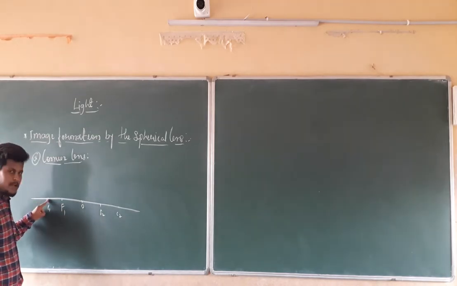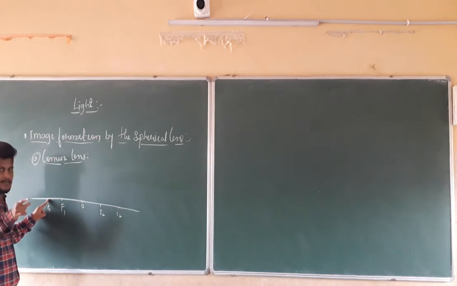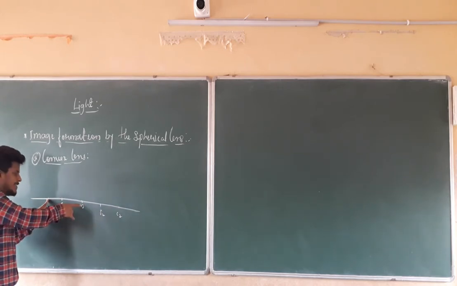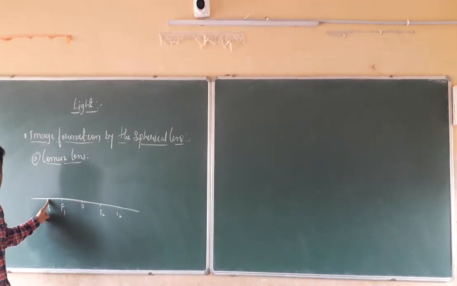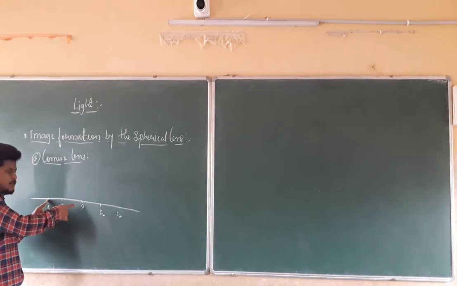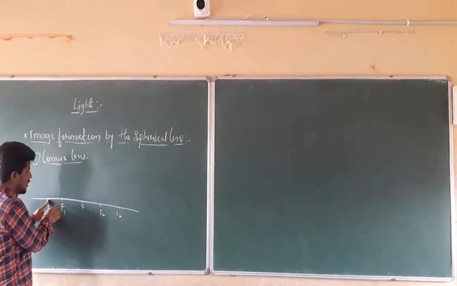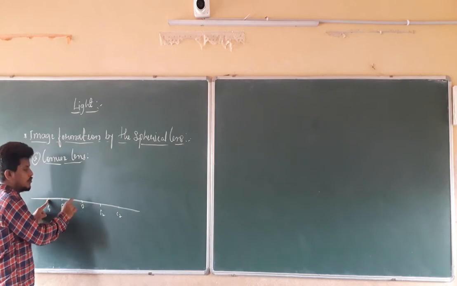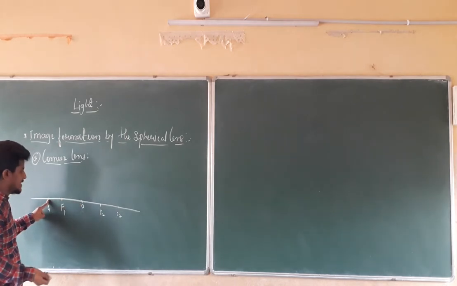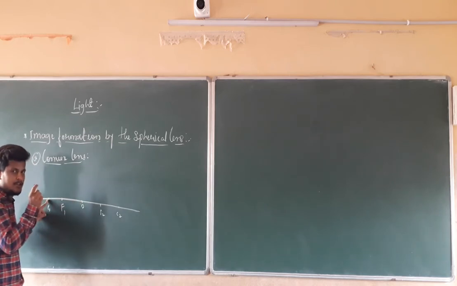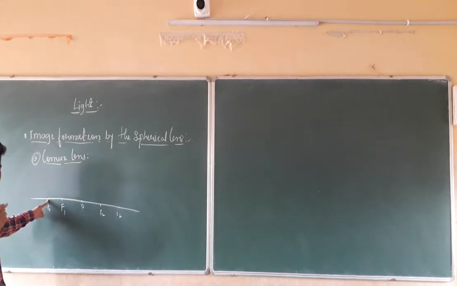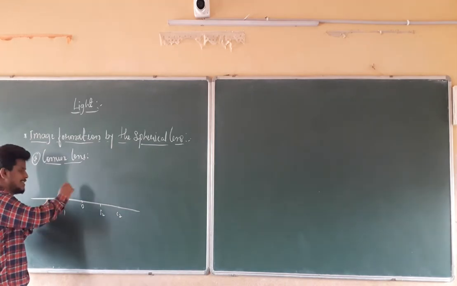If I am going to take the point from here, we have to take a compass. The length of the radius should be more than the distance of C to O. If it is equal to 6 cm, you have to take 6.5 cm or 6.75 cm. It should be more than C to O so that it gives an accurate diagram. If you take 7 cm or 7.5 cm, this will be very big, so try to take between 6.5 cm and 7 cm. I am going to take 6.5 cm here.